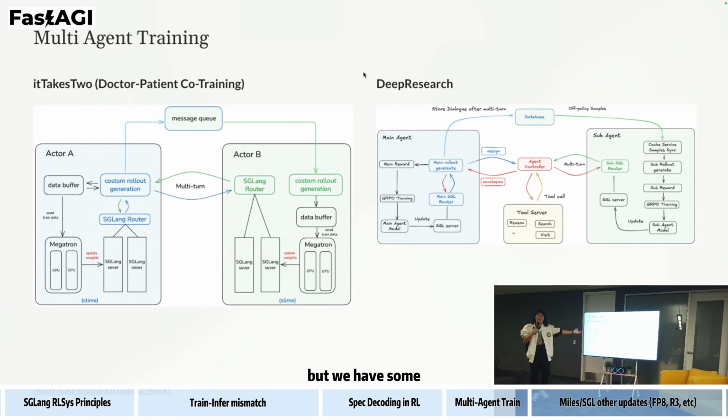But we have some successful stories, and we actually have published. You can go to this link to see the actual projects, and there are some experiments that have proven it. Also, there are some experiment results they have given. So that's the idea of multi-agent training, right?